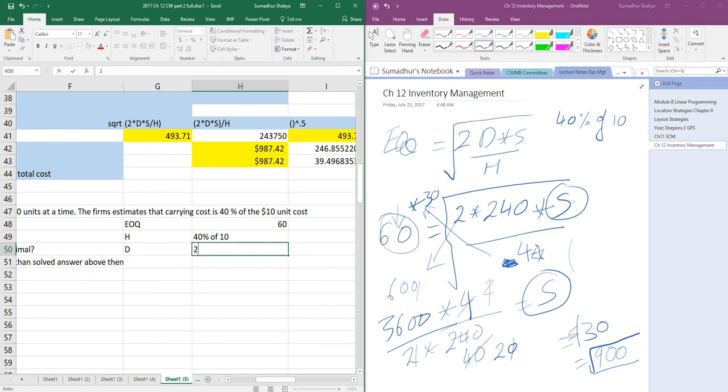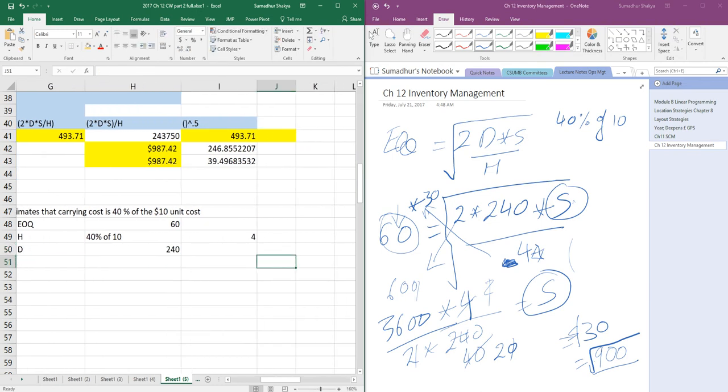Annual demand is 240. So the first thing I want to calculate is the square of this: 60 shift 6, raised to the power 2. So now I have EOQ, D, and H. Now I can calculate for S. S would be equal to,